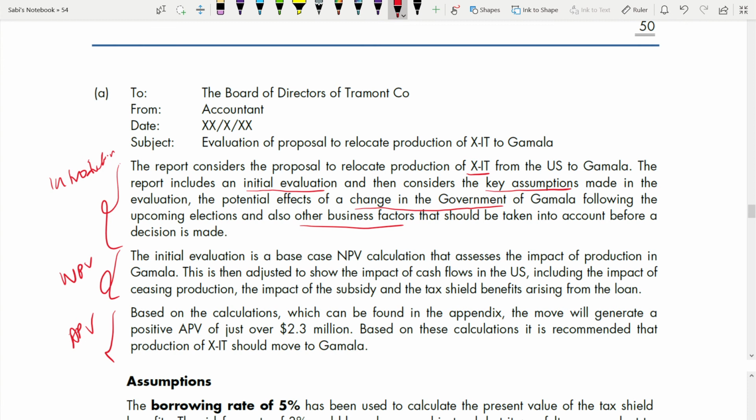So after your introduction, leave 1 page or 2 pages depending on the length of your report. If you feel that it needs 1 whole page, of course it needs more than 1 page, because a report will never come to 1 page. It will always be around 2 to 3 pages. So leave 2 to 3 pages and go to the end and then start doing your appendix. That is very useful.